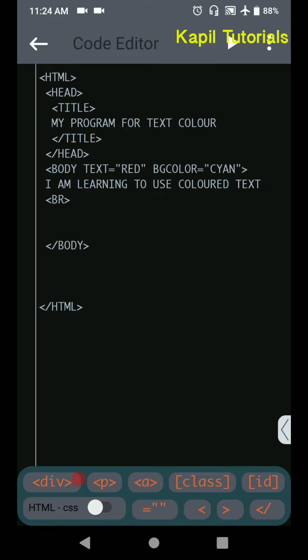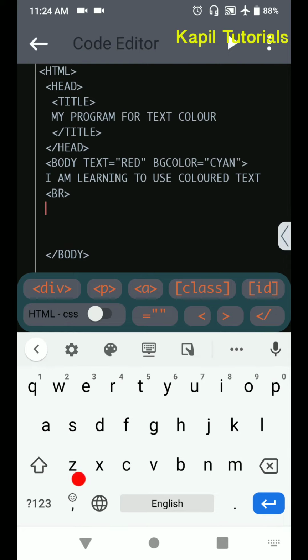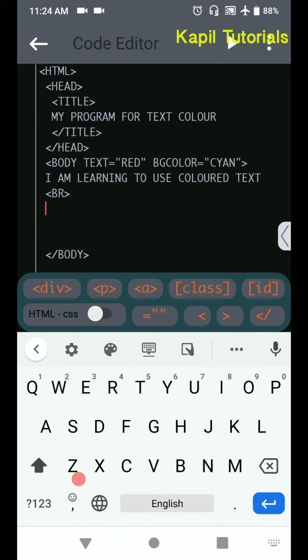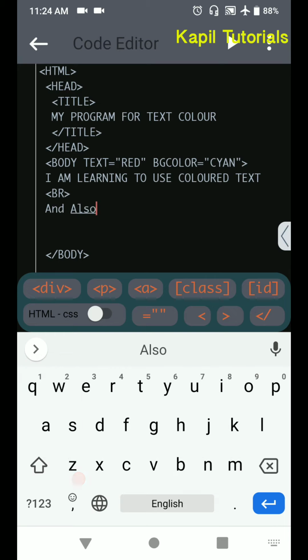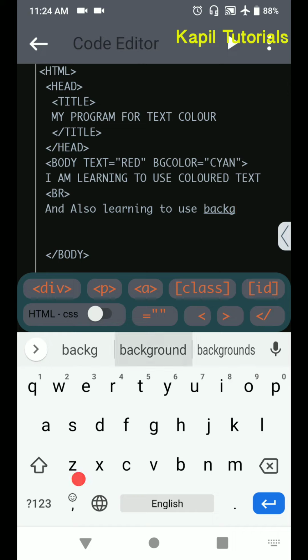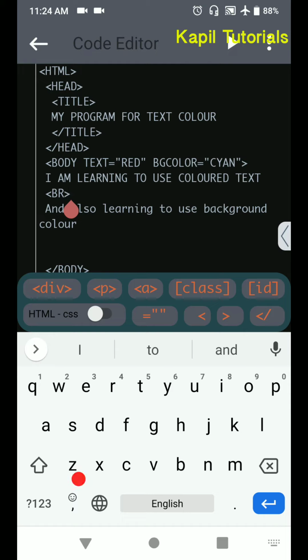So after br I am writing and also learning to use background color. Here I have used br. If I use br again, that means I am using the enter key 2 times. I hope it is clear.